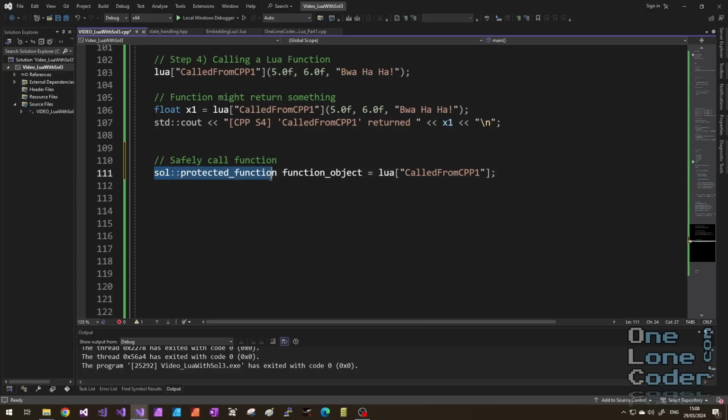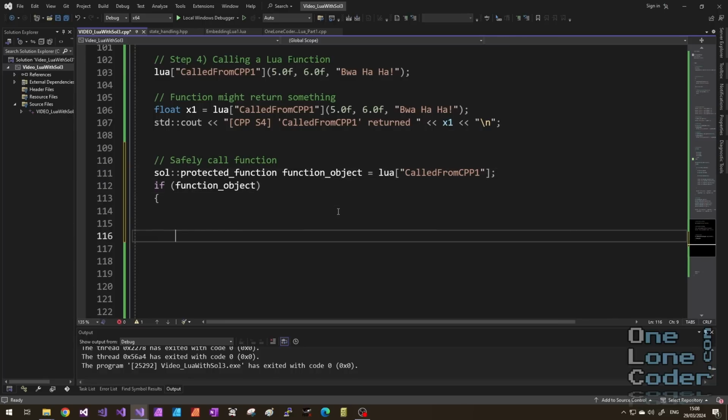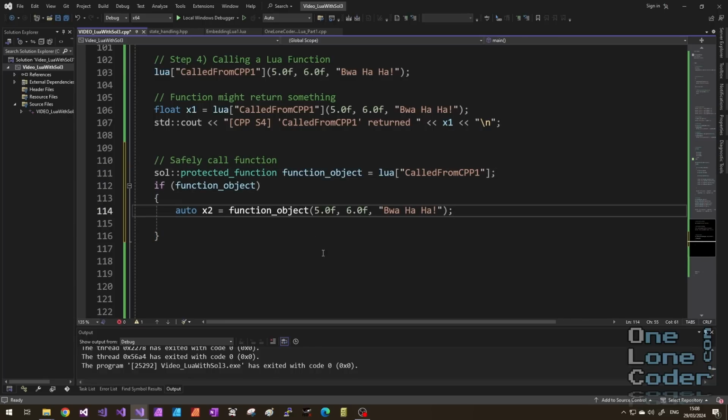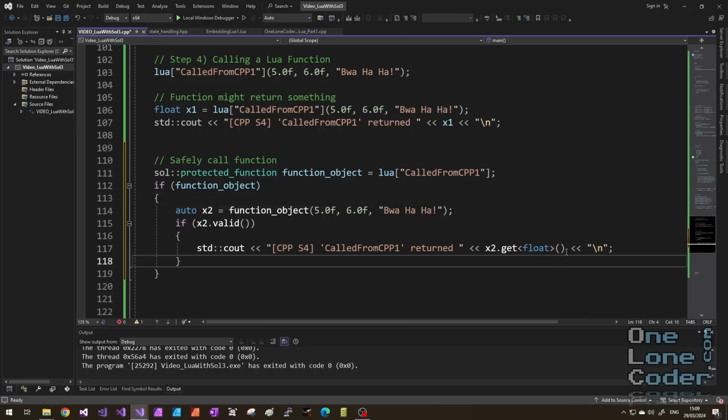We can create a sol protected function object and extract that function object in the manner that you might expect by now. So if the function exists, then we know that it's safe to call, and I just pass in the arguments that I need. As you can see, it's also returning as well. It's the same function we were calling before. However, that call might have failed. If it did fail, then I shouldn't trust the value it's returned. But if it was valid, in this case I can check that it didn't fail, I can output the value